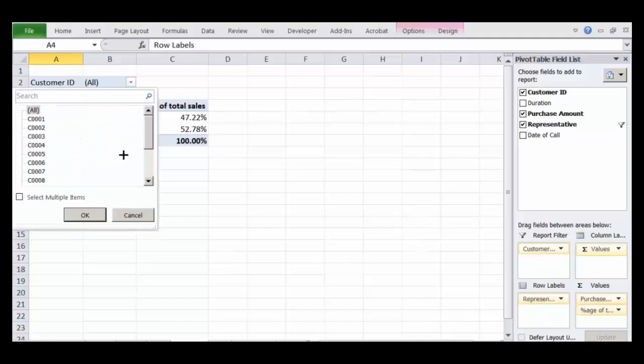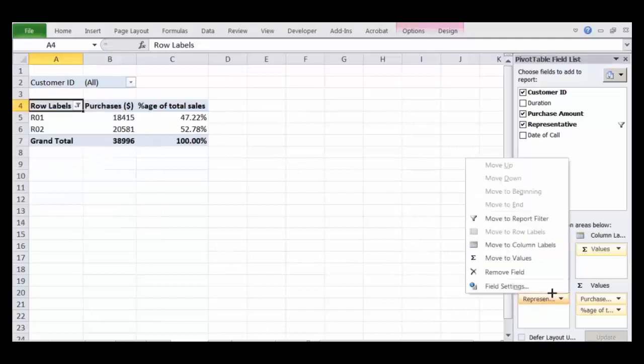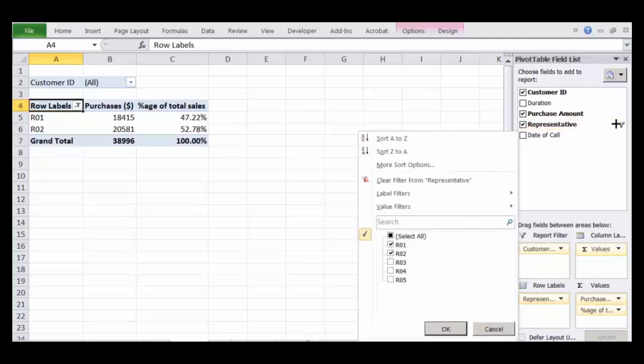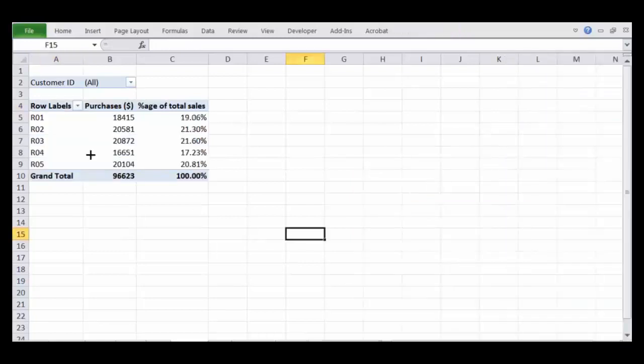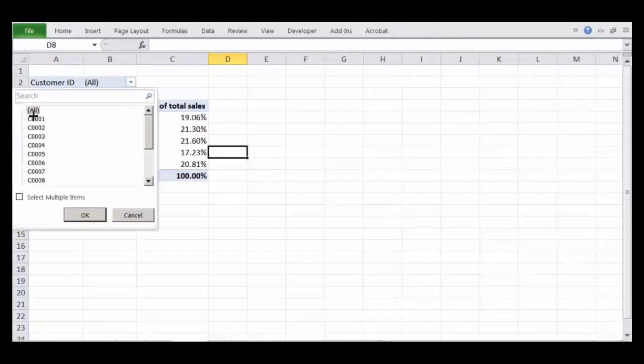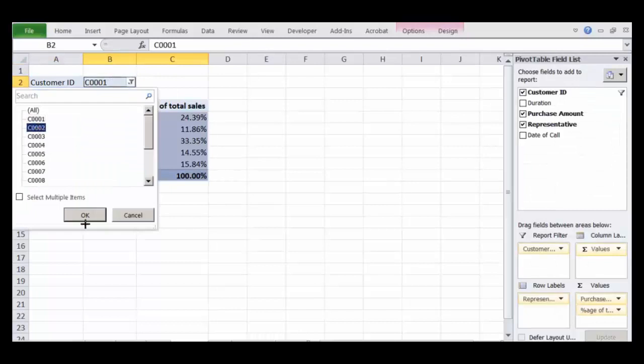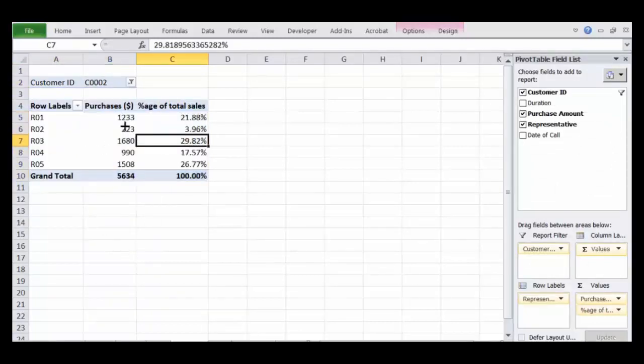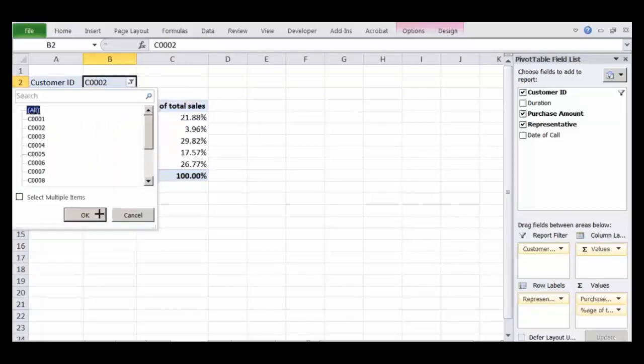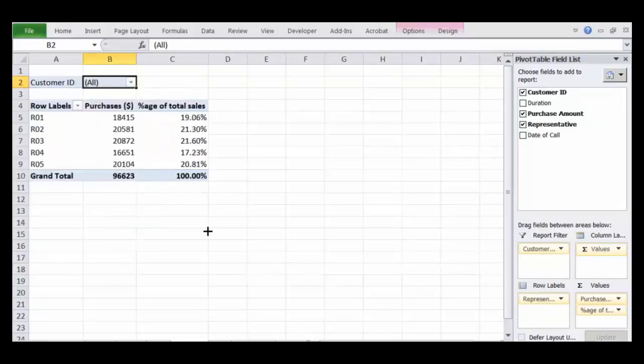What we have done is now we can filter on the basis of customer. Let's say we clear the representative filter, right? So all the representatives are there, and we can see, for customer 1, how he is being served by the various representatives. So you see that customer 1 is best served by representative 3 because he has contributed 33% of the sale. Similarly, you can say C02 is also served by R3. Like that, in many of these ways you can find out how the various clients are being served.